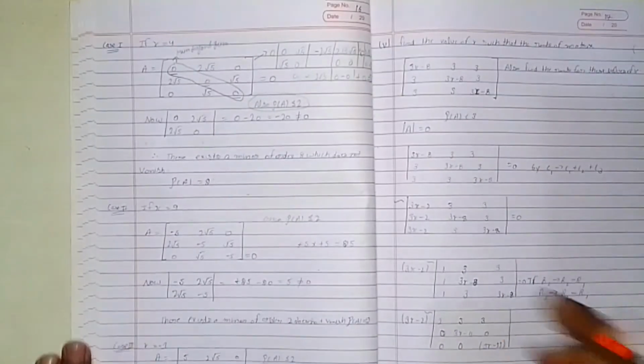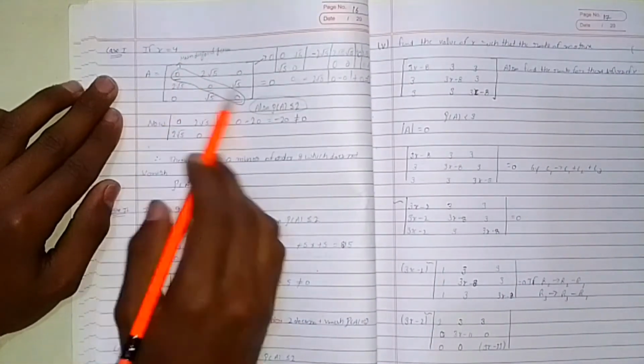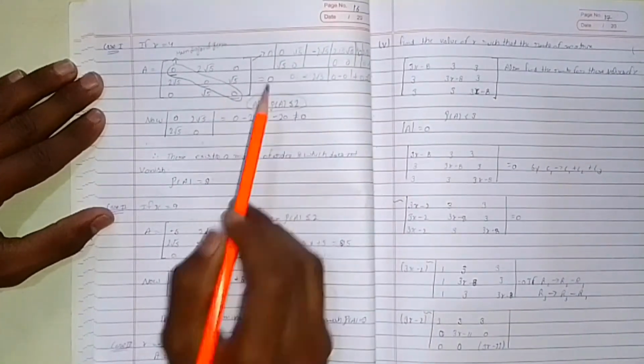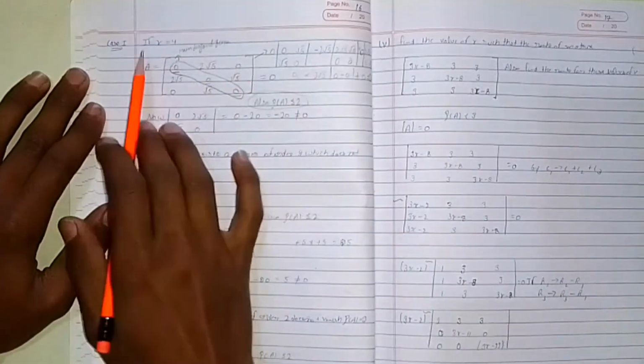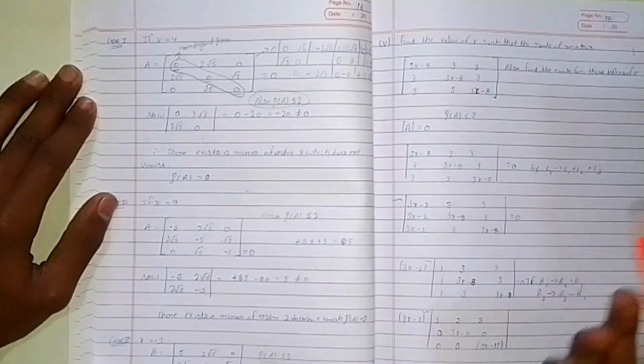Now I have to find values of x for this. Now I am doing this. So x is equal to 4, main diagonal element. I am putting the values in main. I am putting these values. If I solve it by root, I also got 0. Also diagonal elements are 0. You can see here also diagonal elements are 0. So what is 0? It's a property of the matrix.